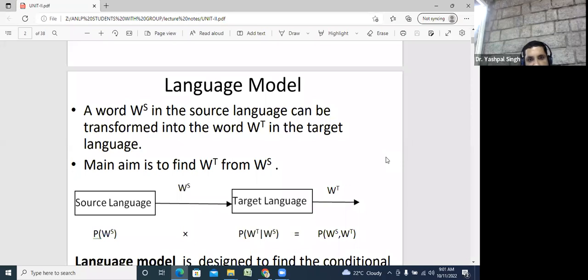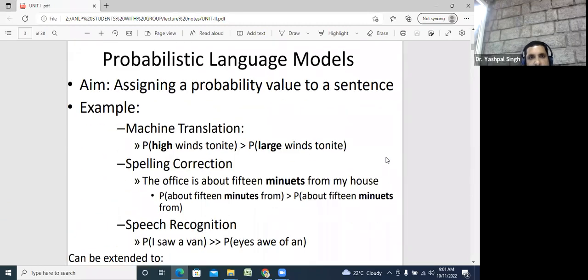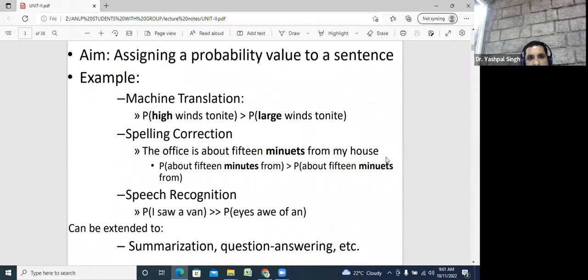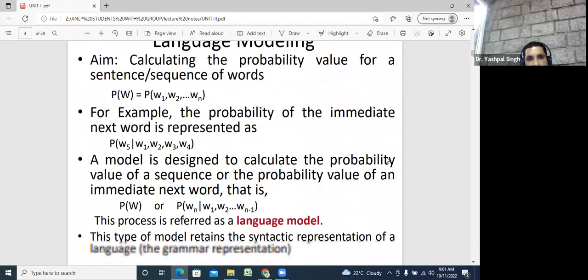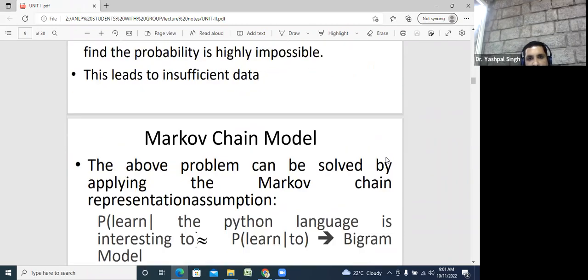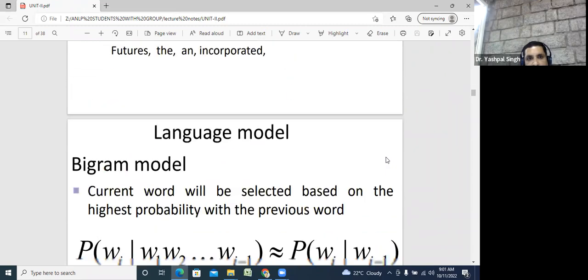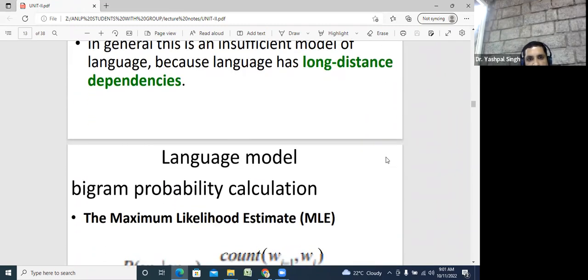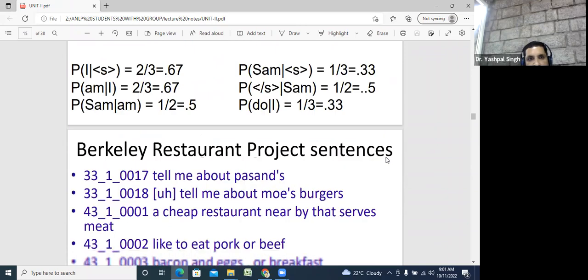That we are having that source language and target language will be there. So we have already discussed the probabilistic language models. And I have shared one research paper with you regarding the n-gram and the bigrams, the comparison of these will be there. So today